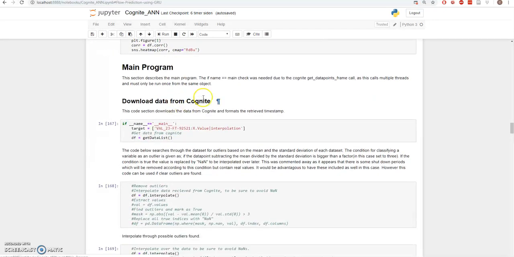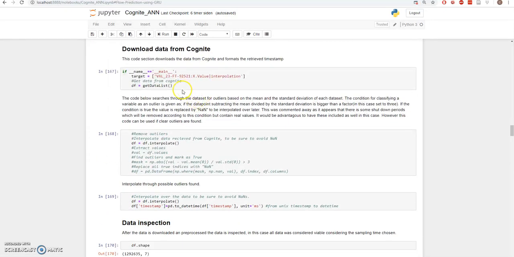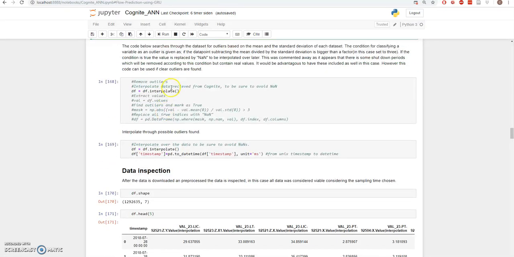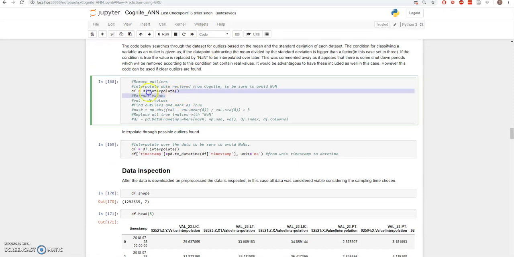That's all the functions. Now to the main program. First, the data is downloaded from Cognite using the function defined above. Then we have some interpolation of the data. Even though the data is interpolated in Cognite, it